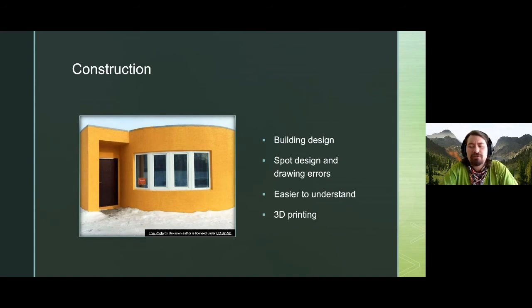So instead of having the 2D design floor plan, you create an actual layout of the house in the 3D render. It's easier to tour the house to see any spaces that you might have missed or that won't work properly because it's not constructed correctly. So you can spot design and drawing errors,